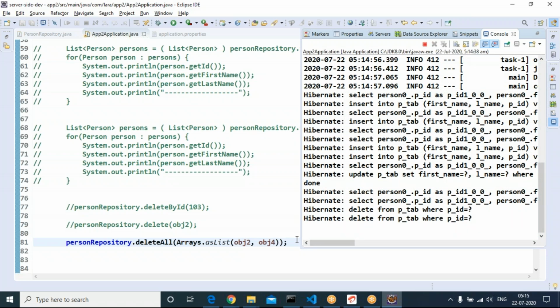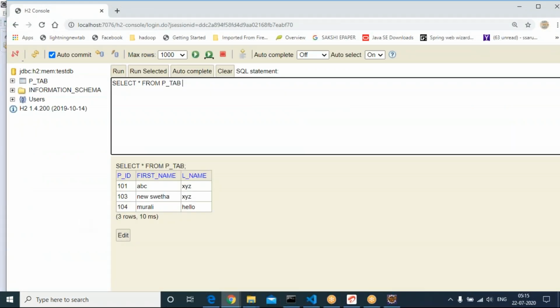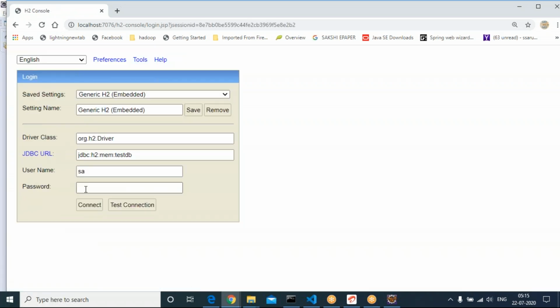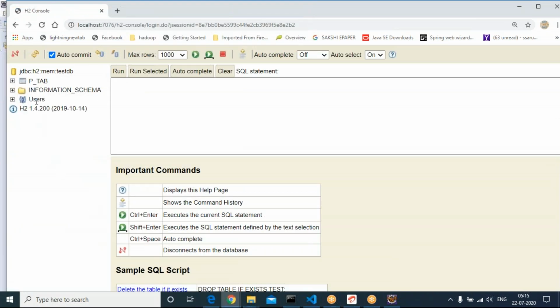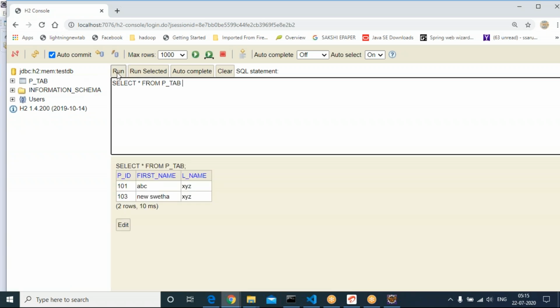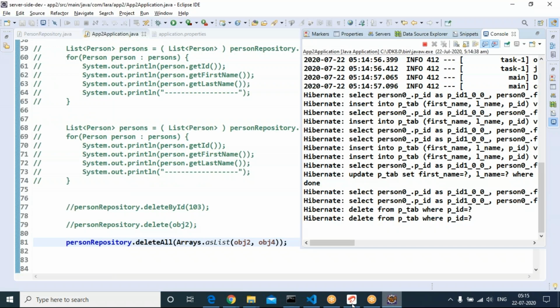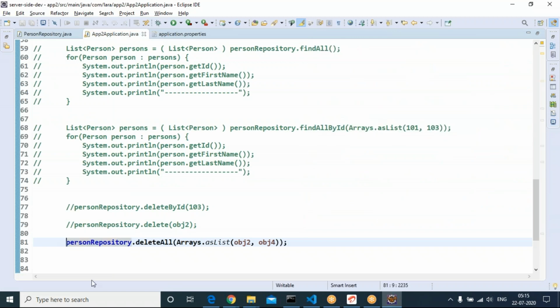While deleting both the objects, please observe, select command, then only delete commands. Check it out in the H2 console. Refresh, reconnect, go to the P tab, run. You can see ABC, XYZ, new Sweta and XYZ. 102, 104, both got deleted. You can specify a list of objects, whichever you want to delete.